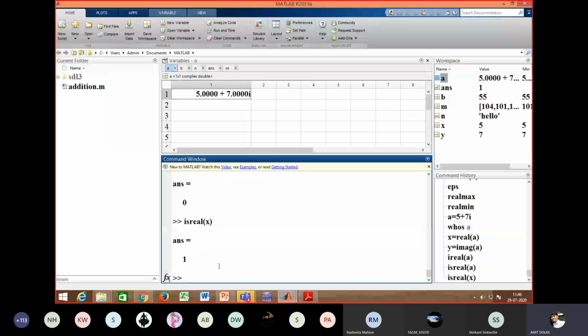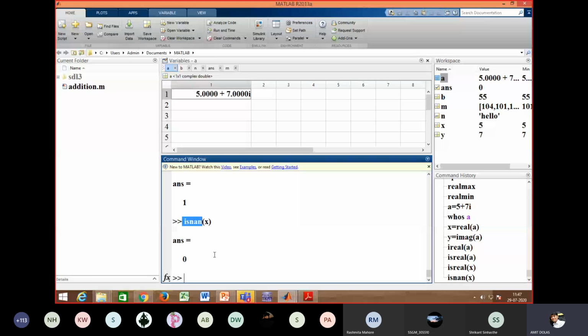I'll say isnan in brackets, x. What we are asking is, whatever is stored in x, is it not a number? But in actual we know that it is a number, so it shows false.